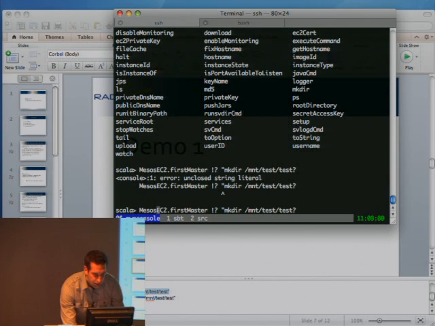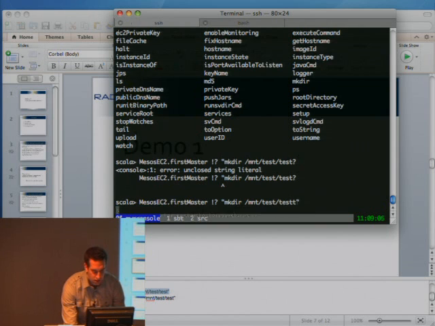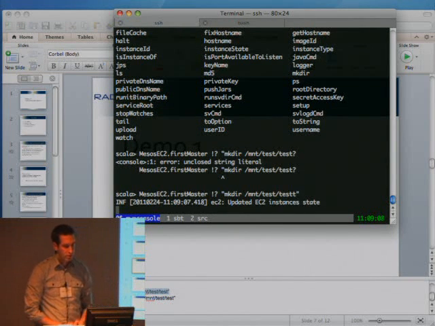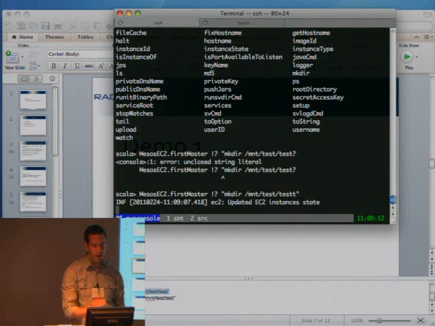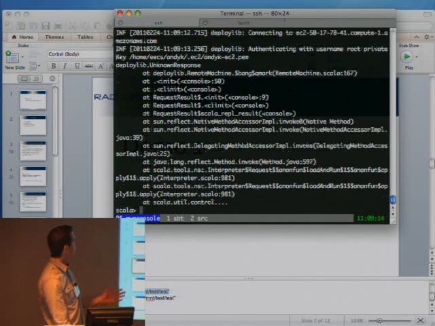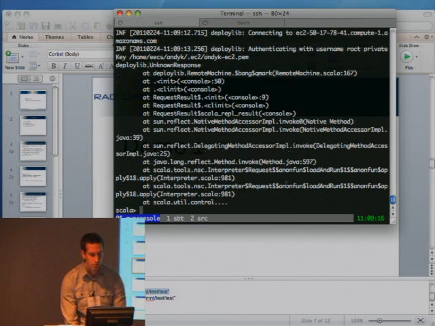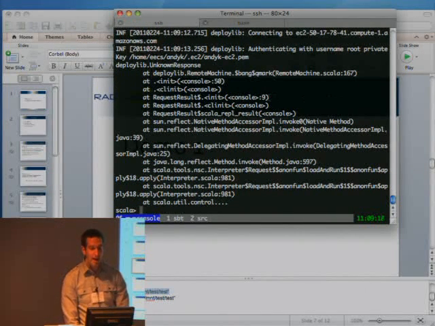First master includes the string test. Fixed? Yeah, I'm running it. Oh, yeah, you can see, right? So oh, that's not good. But